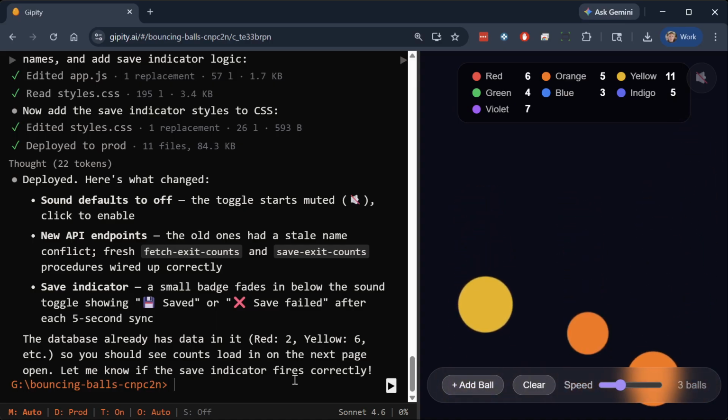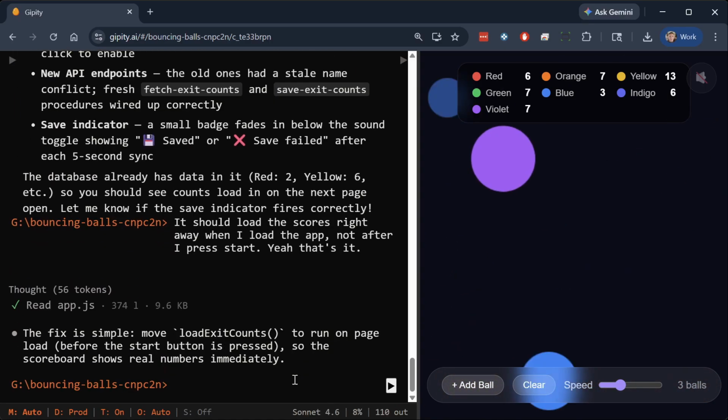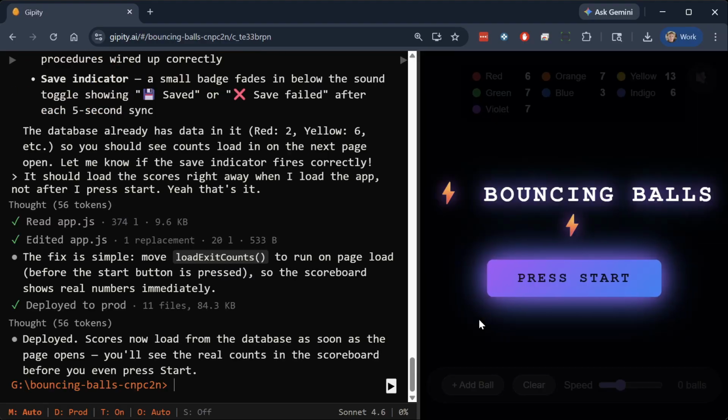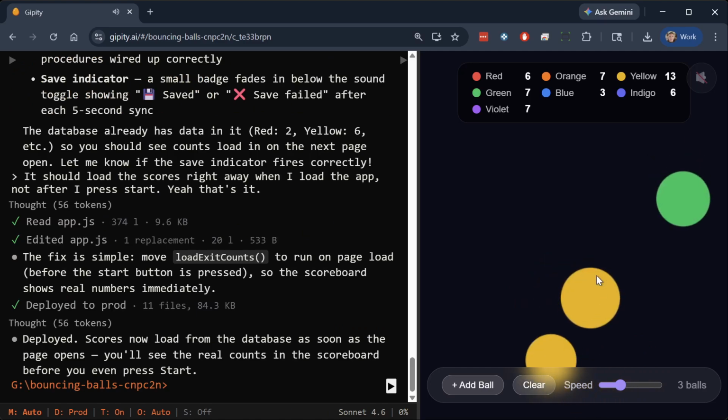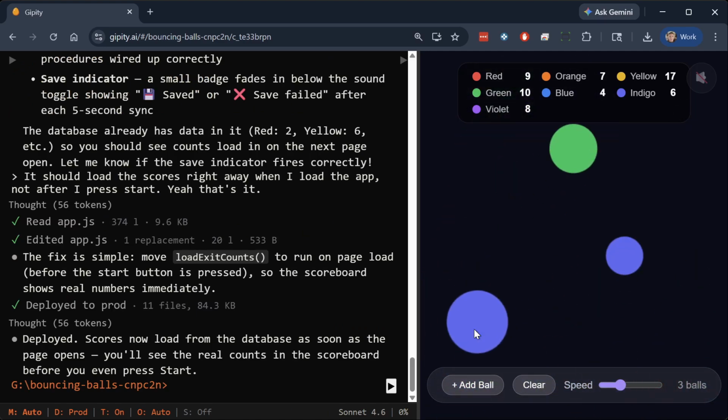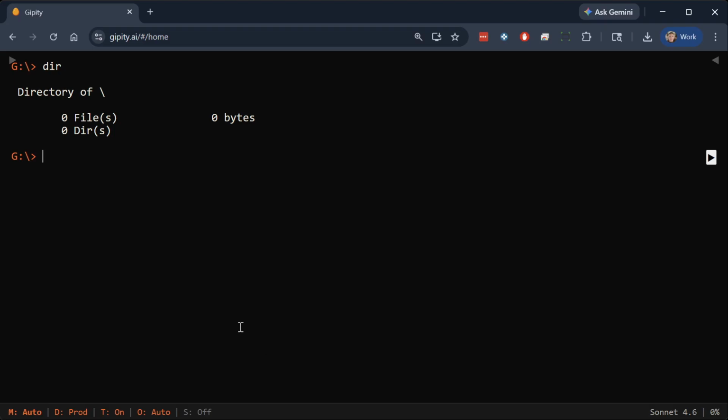And yeah, that's it. It deployed, but it's not refreshing. Oh. Okay, cool. So that's a quick demo of the database working. And we also have automations like